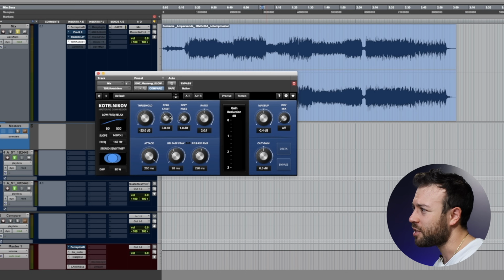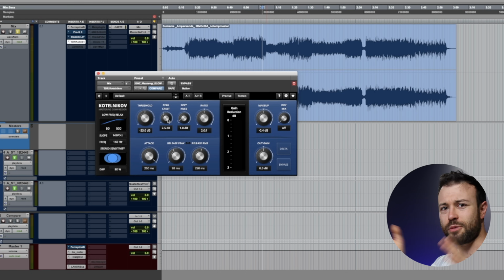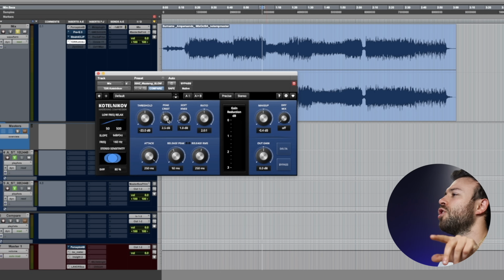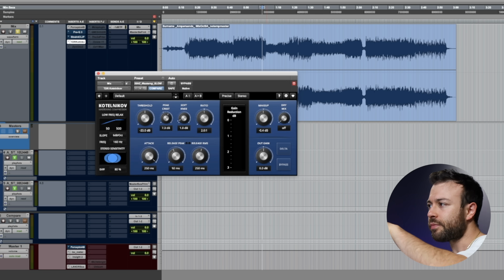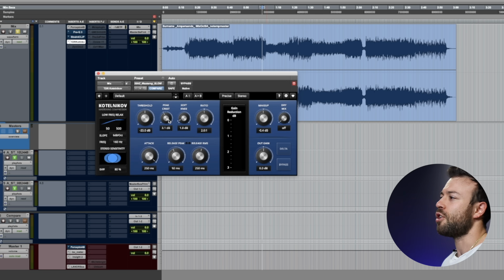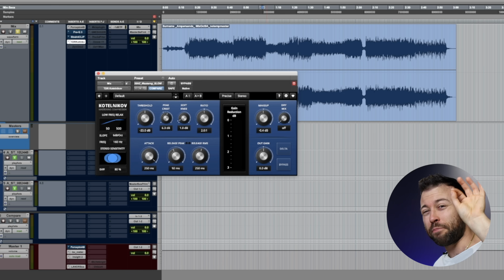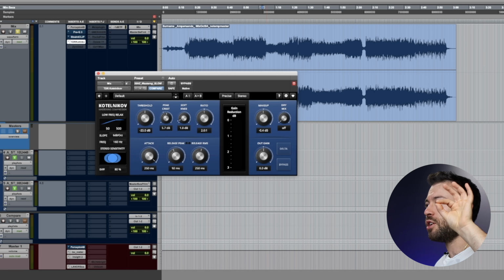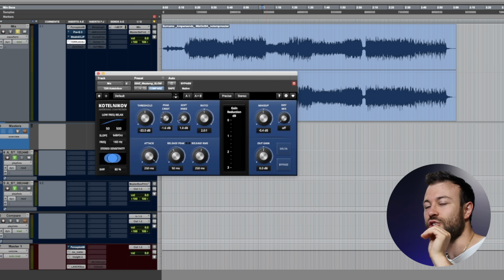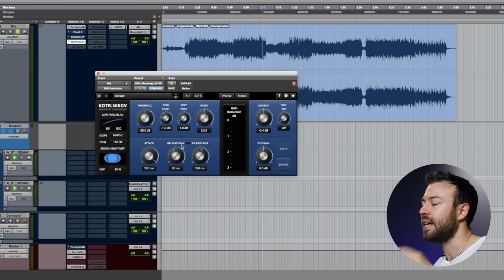But what I'm focusing on here is this peak crest, because there are 2 detection passes, a peak and an RMS detection circuit, and you can offset the peak threshold. If you bring this more positive, it lifts the threshold so it only captures the very top peaks. Otherwise, you bring it down and it becomes more aggressive on the peak detection circuit, the way it compresses. And you've got little indicators here that show that.